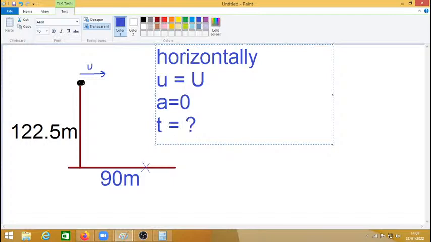Time is unknown, but we do know that s, the horizontal distance, is 90. So actually, we might have enough if all we wanted to work out was something like time, perhaps. But at the moment, we're trying to work out u, and there's not quite enough there to be able to work out u,